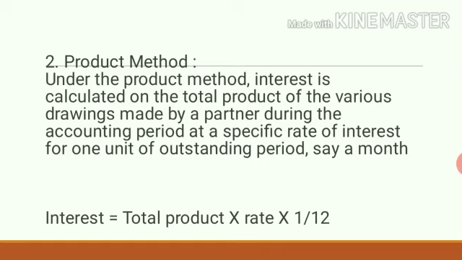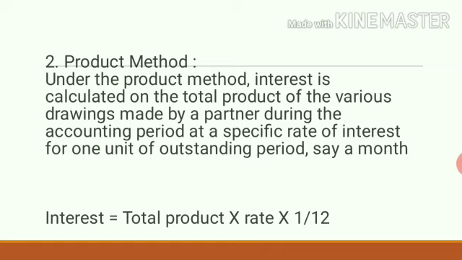various intervals of time. Say for example, in the financial year 2018-19, Mr. A, in the month of July, has withdrawn 3,000 rupees. In September, again he has withdrawn 2,000 rupees. Maybe in the month of December, he has again withdrawn 1,000 rupees. Something like this. Here under product method, various amounts will be withdrawn at different time intervals. Maybe we call it a month basis.